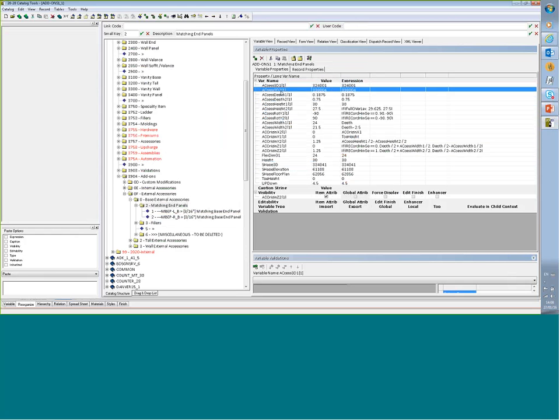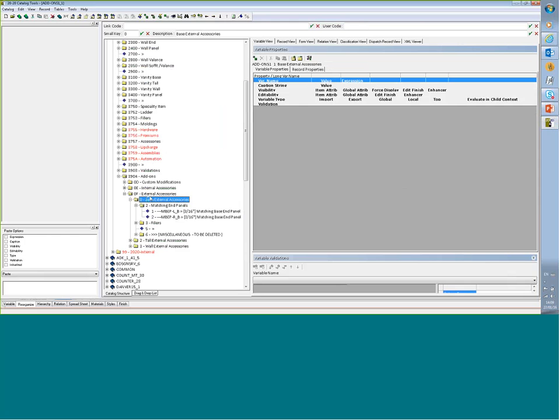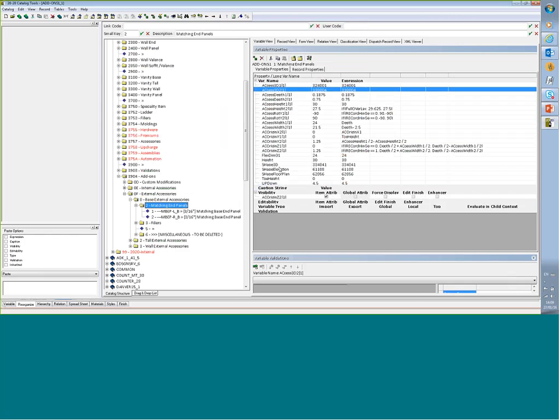And then we have the Access 3D2, which is the Shape 3D for the false door. And then we are positioning the two Access 3D within the access dispatcher. Since this is a separate and distinct shape, and since we are using a dispatcher here,